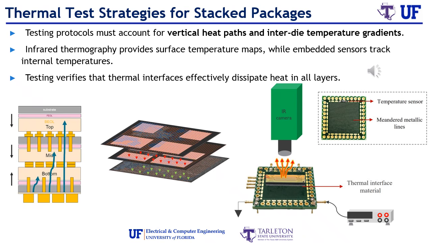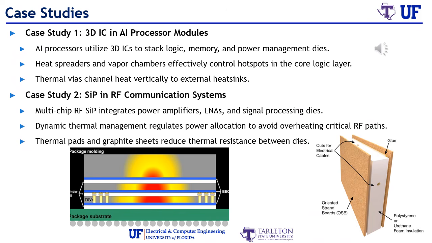Another key method is thermal cycling, repeatedly exposing packages to high and low temperatures. This stresses interfaces, solder joints, and materials in a way similar to long-term operation. Changes in electrical performance or mechanical behavior can signal microcracks or delamination. By correlating simulation results, IR maps, and sensor data, engineers refine their models and confirm that the final package remains stable under realistic conditions. For our case studies, we'll briefly look at two real products where thermal management is critical: